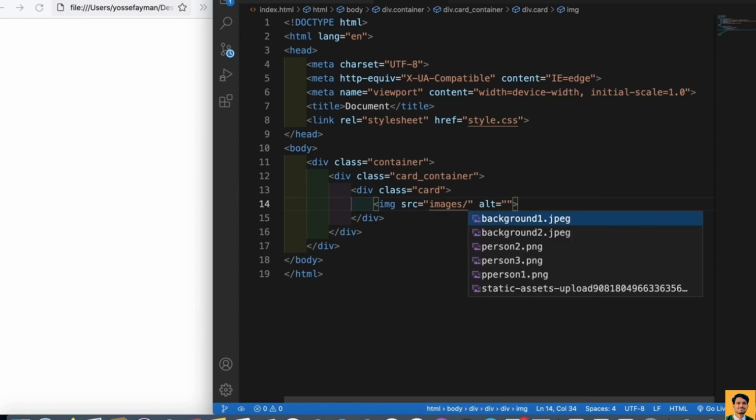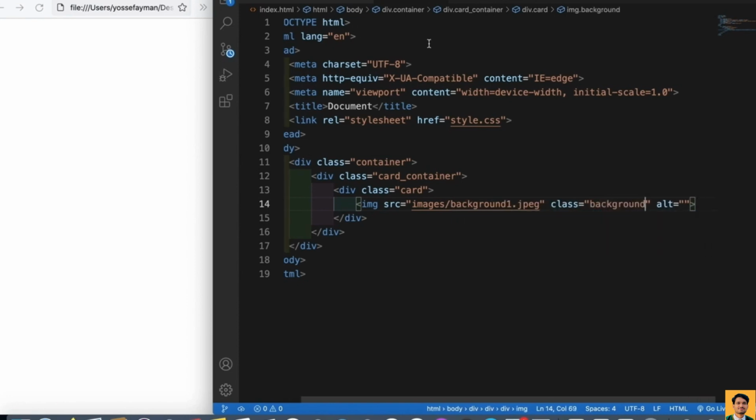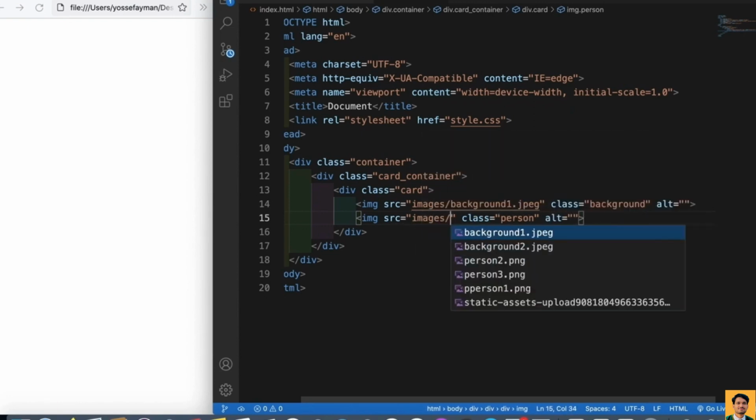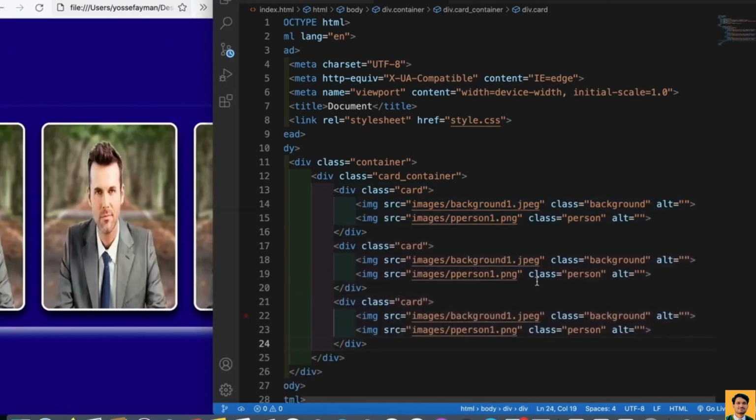and we can make this one for the background one and give it a class of background. And then we will add an image with a class of person, and then the source will be, oh, we get a source here already, images and person one. And then we can copy this one and see what we have here first. Okay, good. We will just change this one to be 2, and this one will be static, this one